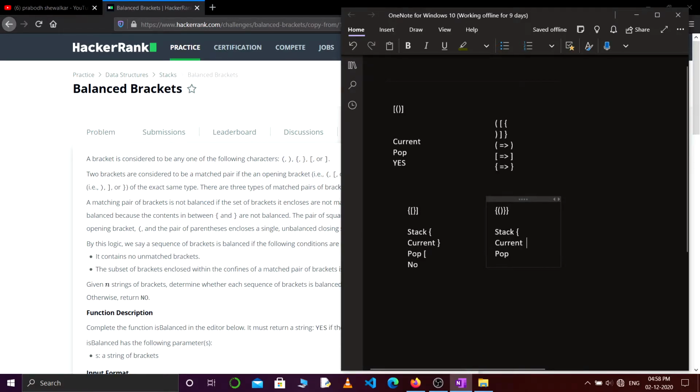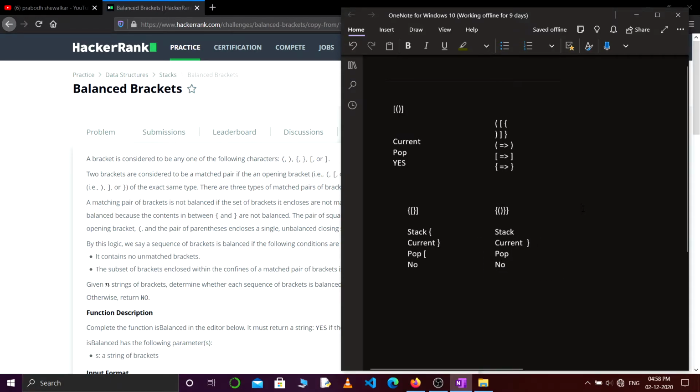Then our current element is this, so we will again pop from the stack, and again it corresponds, so no problem. Now our current element is again a closing bracket, but at this position our stack is empty. So we get nothing when we pop from the stack, an empty string maybe. Empty does not correspond to this closing bracket, so we will just return no.